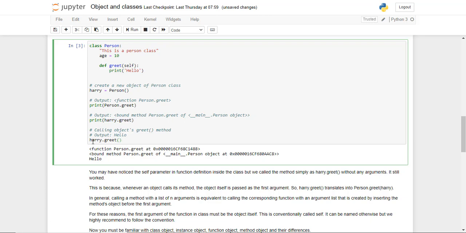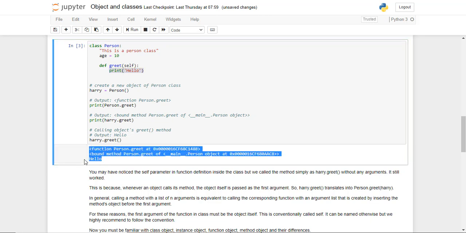In this last line, we are actually calling the function because the double parentheses are needed to call a function. So when we say Harry.greet and double parentheses, now we are calling the function. This is going to go up here, and within the object Harry, it's going to find this function and print hello for us, which is what it does here.